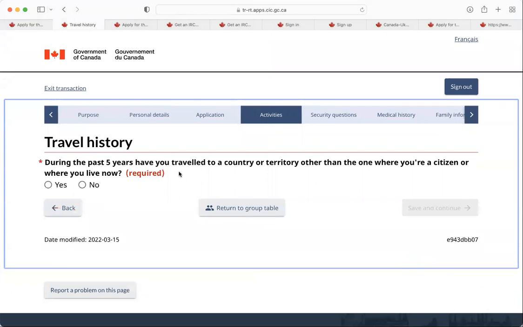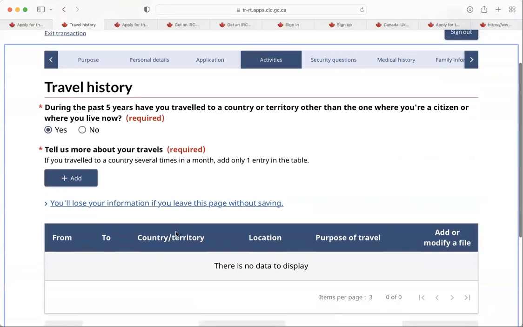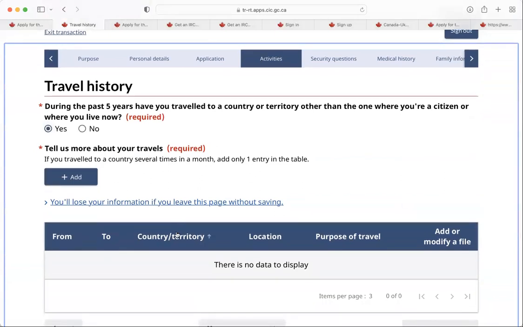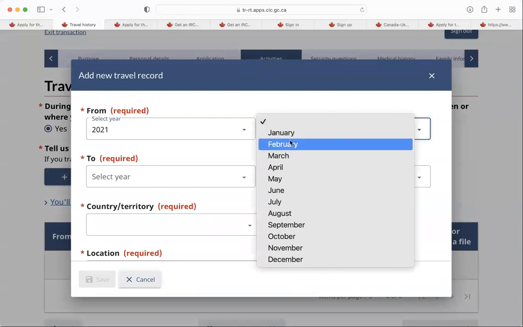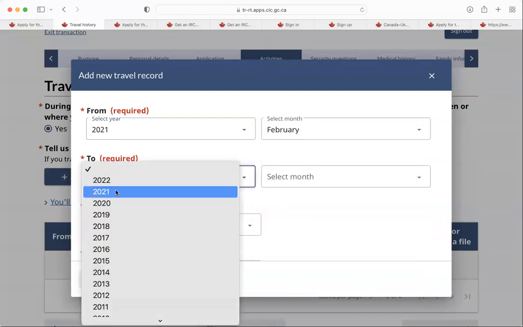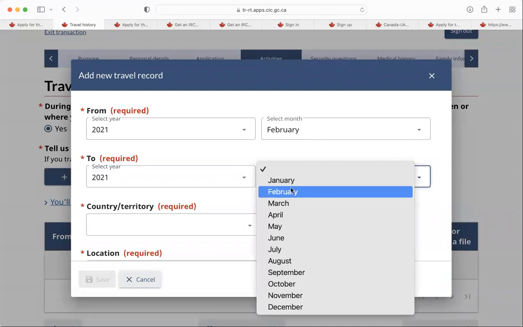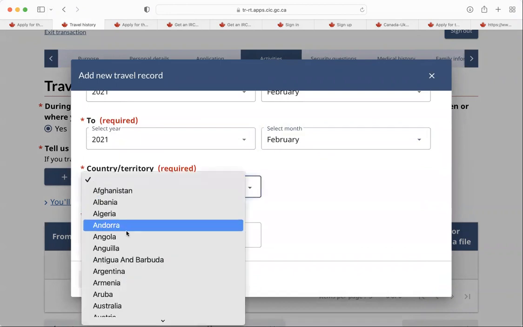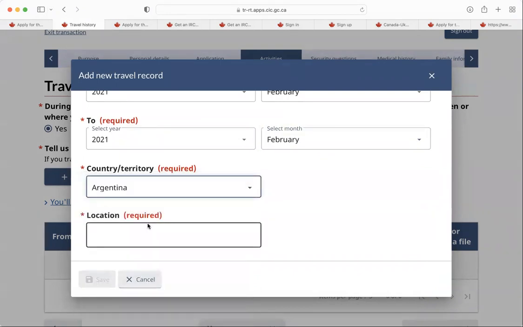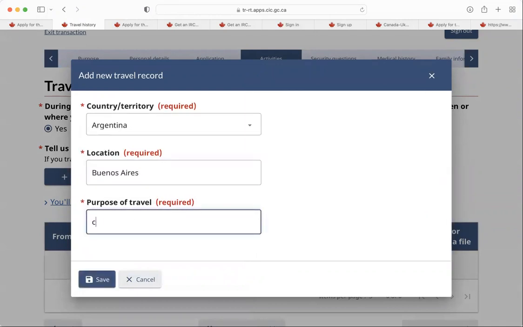During the past 5 years, have you traveled to a country or territory other than the one where you're a citizen? So you need to indicate all the travels, even if it was for a couple of days, for a week. You would select if it was a vacation. So for example, you went on vacation in February 2021. If you left and returned in the same month, it would be the same month selected here. And then country, you select whichever, I don't know, Argentina, location, purpose, vacation,